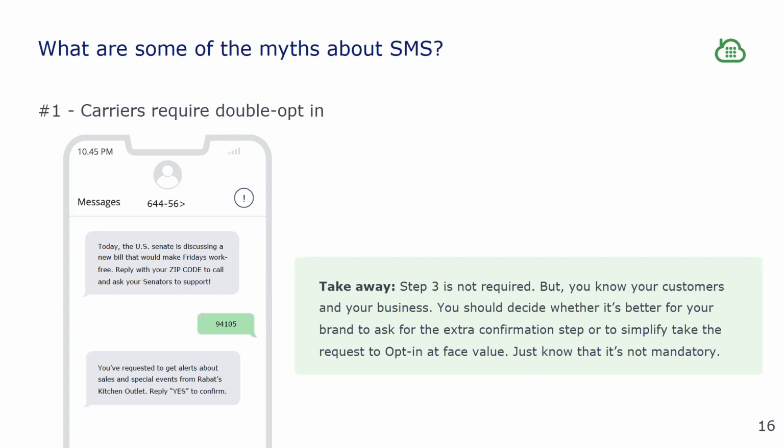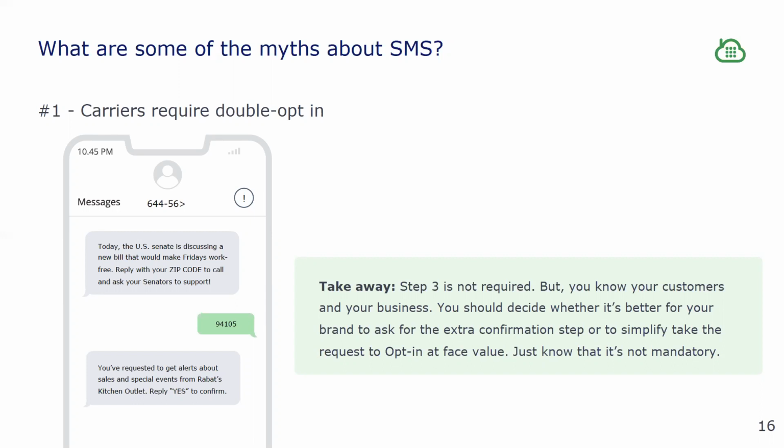Web opt-in is where the users would log on to a website, open up a registration form, put in their phone number, check a box that says, I agree to receive messages, and opt in to the service that is being offered. The last kind of opt-in that we have is a paper opt-in. Paper opt-in is where if you went to a retail store or a kiosk and you fill out a form, give your number, consent, and then agree to receive messages from them.